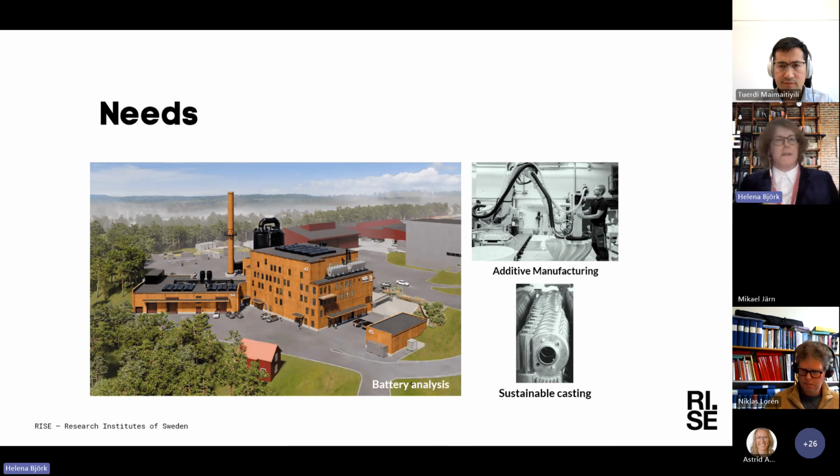We will see if we can manage to analyze packs, but at least part of them. But then it comes to dimension and weight. But we hope that we can bring more knowledge into battery and, of course, additive manufacturing and sustainable casting material. And you all saw a couple of examples from Tuerdi. He showed battery scanning and also additive manufacturing. So I think we can contribute a lot,